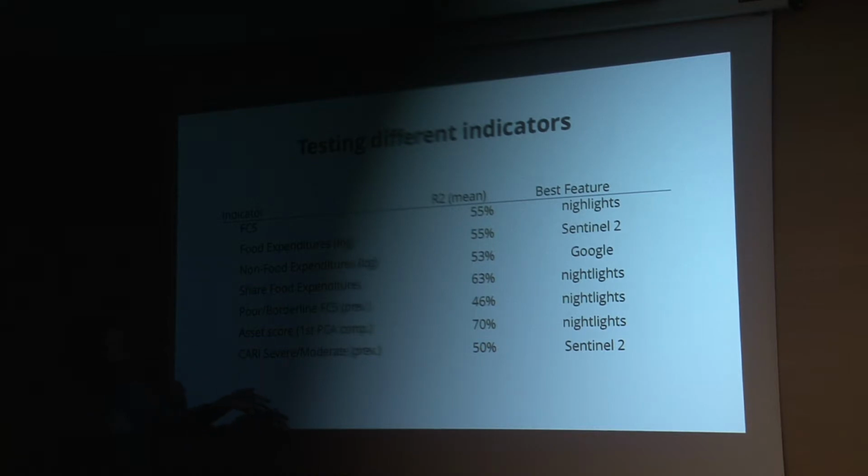If I look at them, my impression is that it works much better with structural indicators that qualify the situation of the household, but the long-term situation. So things like asset score that doesn't change every week or every month. Things that have more temporal component, that are more seasonal, more food security type of indicators, it works worse. And it's not coping strategies. I don't have it here, but it works badly with coping strategies